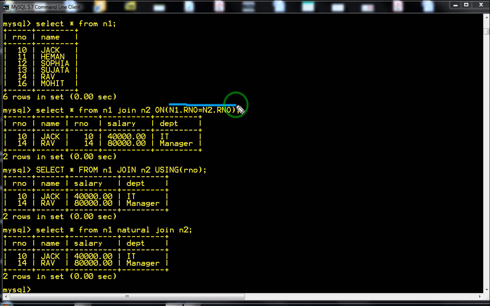Whereas if you are using using, it will produce a natural join, and you need not specify a join condition. You have to specify only the name of the field through which you have to join. So we need to specify only the name of the join field if you are using using along with join clause.